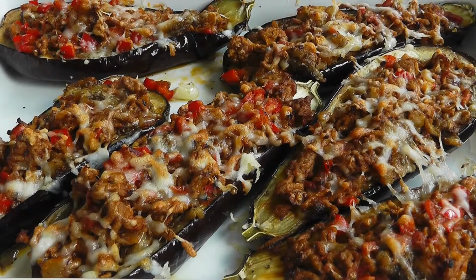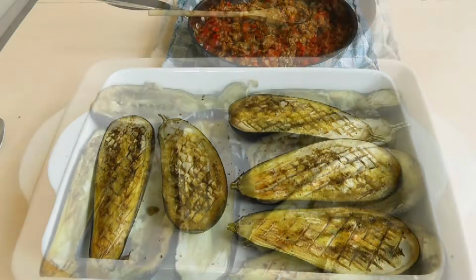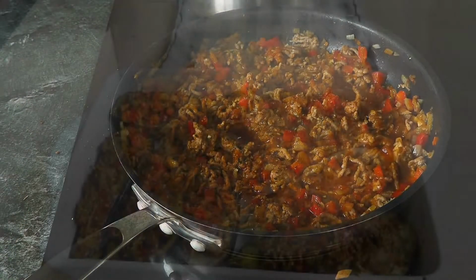Going to be cooking up stuffed aubergines today. Now what we're going to do is cut your aubergine in half and you bake it, scoop out the flesh, mix that with some spiced lamb, you've got red peppers, onions and garlic, a little bit of homemade tomato sauce,